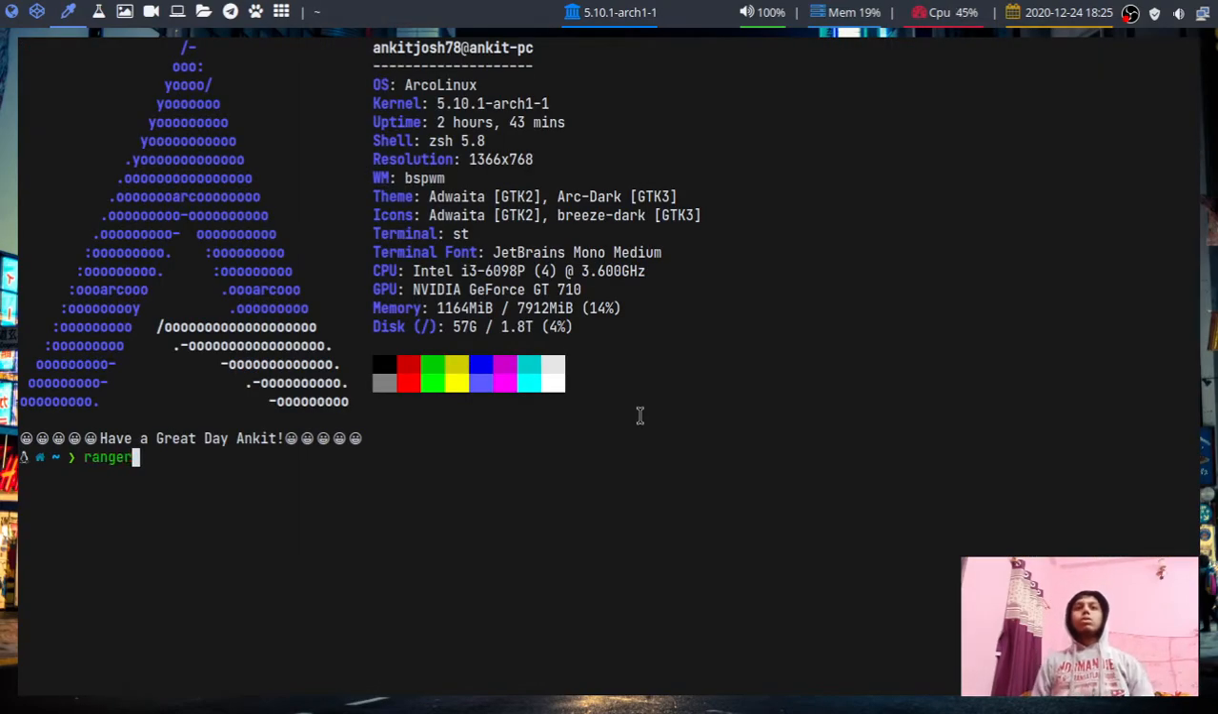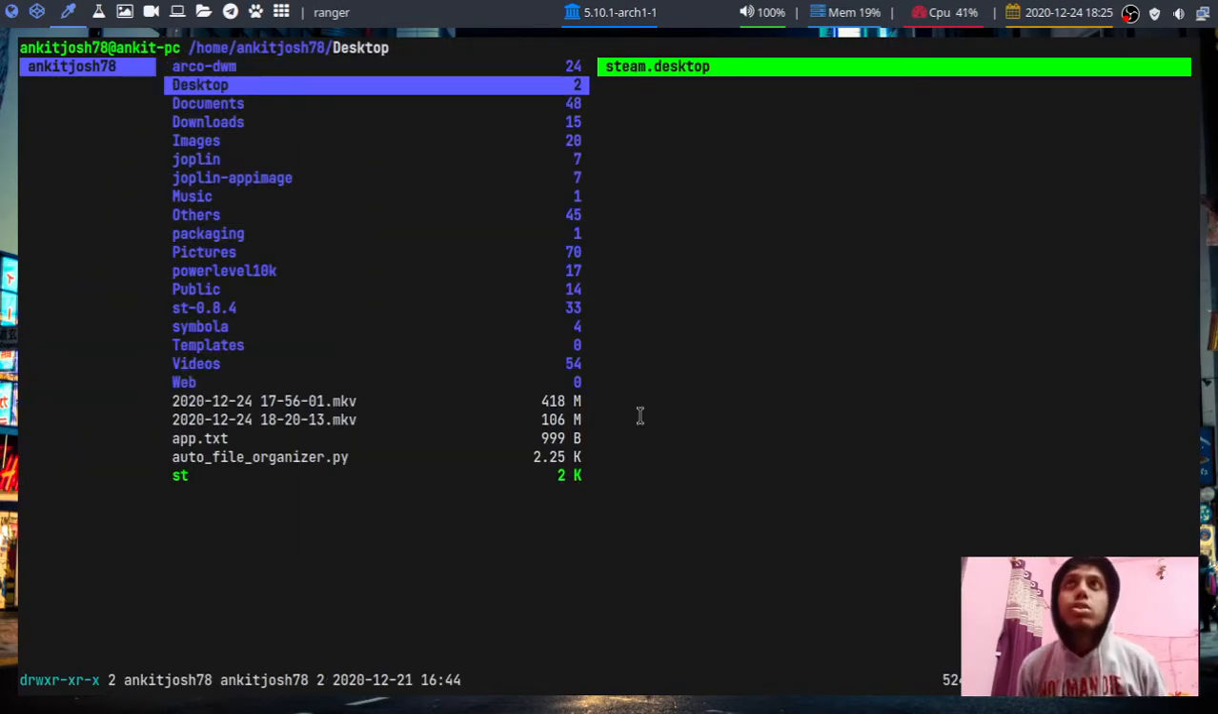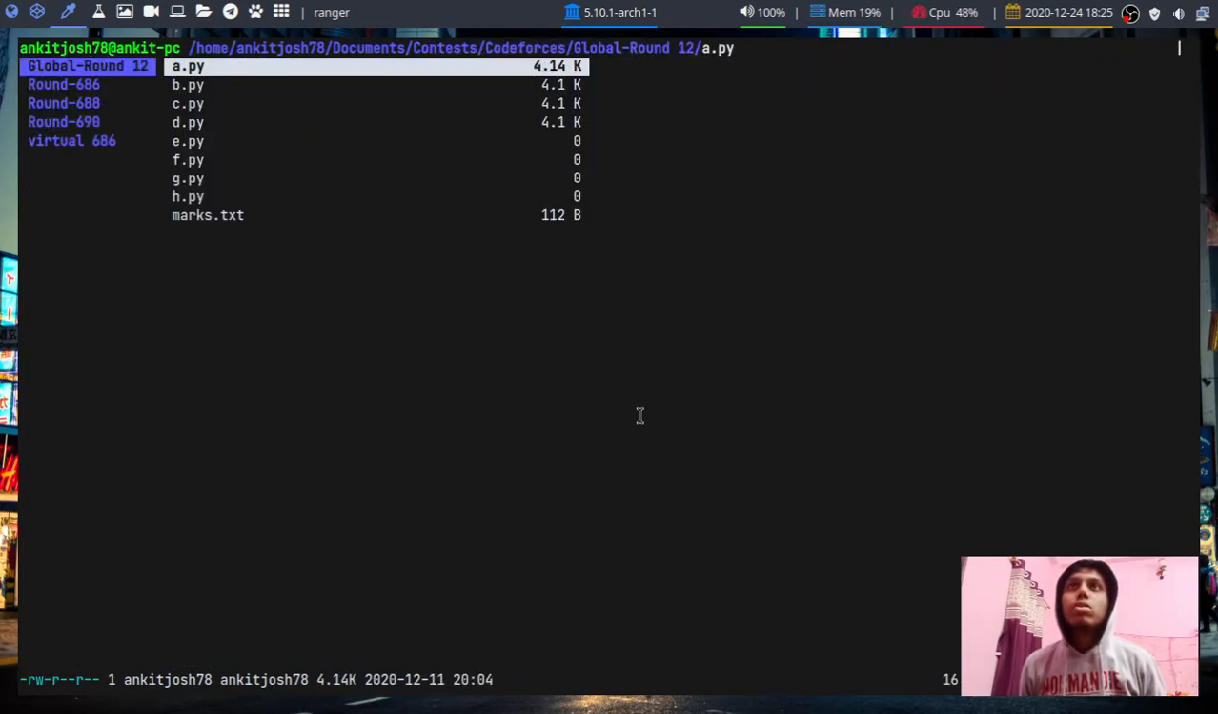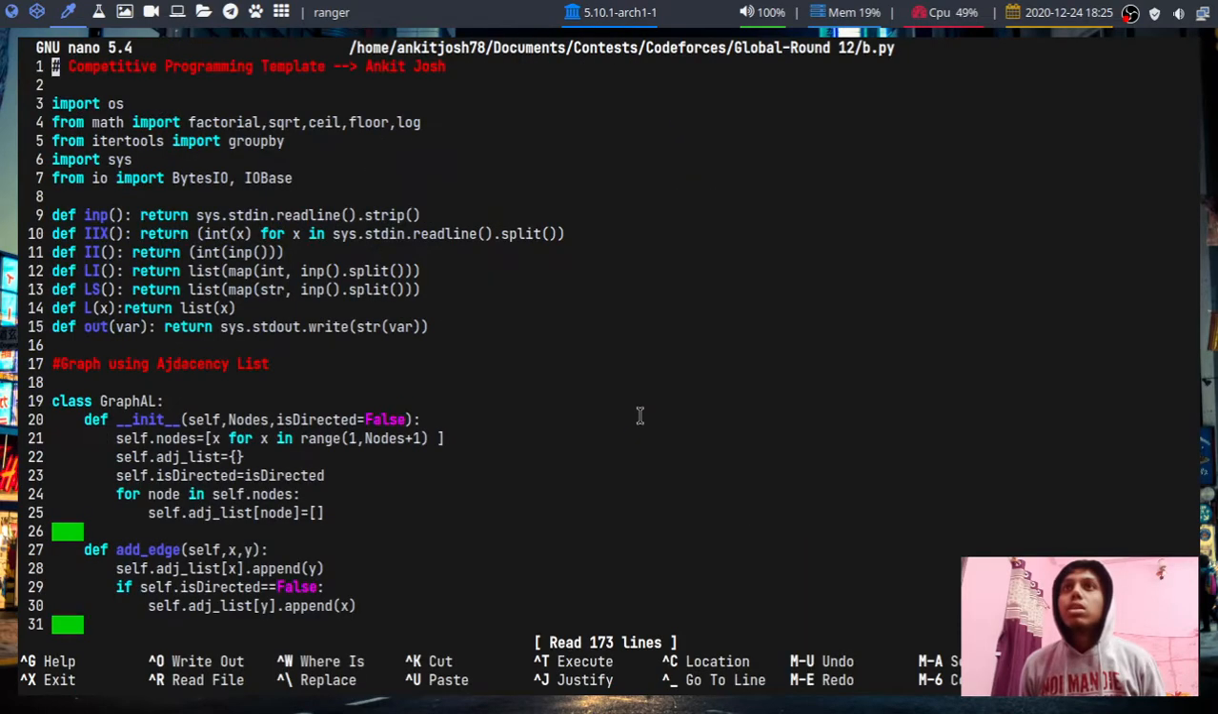So you can see over here, if I go to Ranger, I can just go to various types of files. This is really good. So yeah, this has this good preview thing. Anyways,